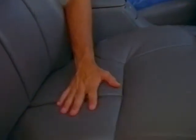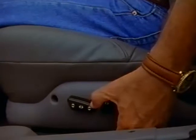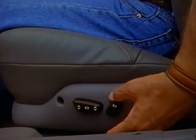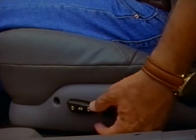Good seating should be firm, but not hard. It's simply amazing how many otherwise well-designed cars have seats that just aren't comfortable. Nowadays, seats move more than just forward and back. Look for 6-way and even 8-way adjustments. Up, down, bolster, lumbar, you name it, because the more comfortable you are, the more you're going to enjoy driving,